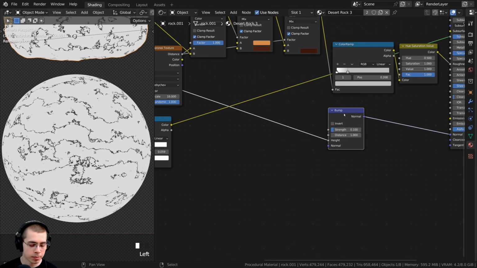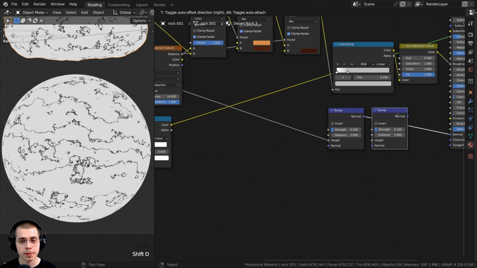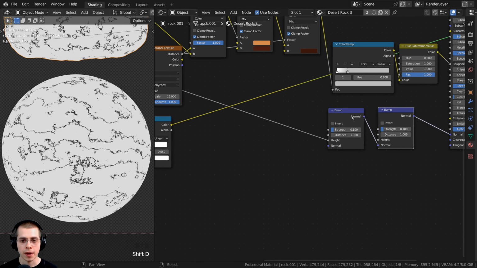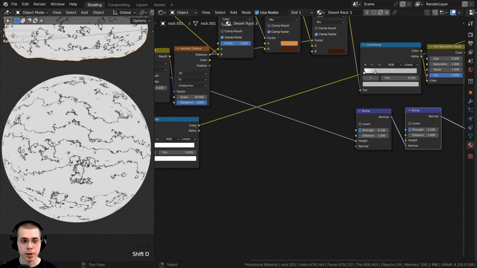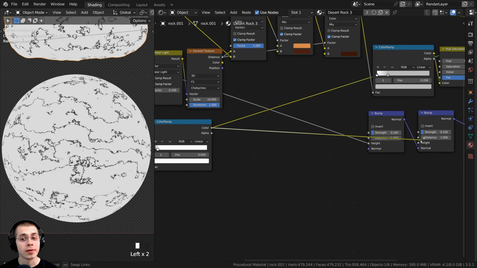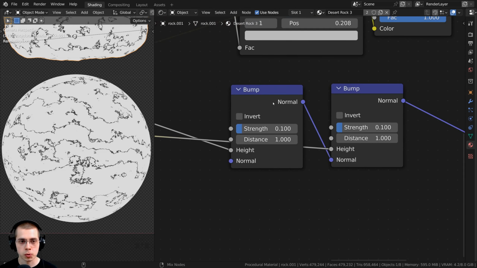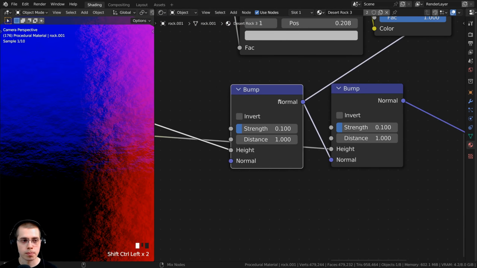So I'm going to click on this bump node. I'll press Shift D to duplicate. Let's stick it here after the first one. And the normal can go through the normal. So we can now take the color ramp color and let's put that into the height value of this extra bump. So this way, if I Control Shift and select the bump nodes, you can see we're mixing two bump